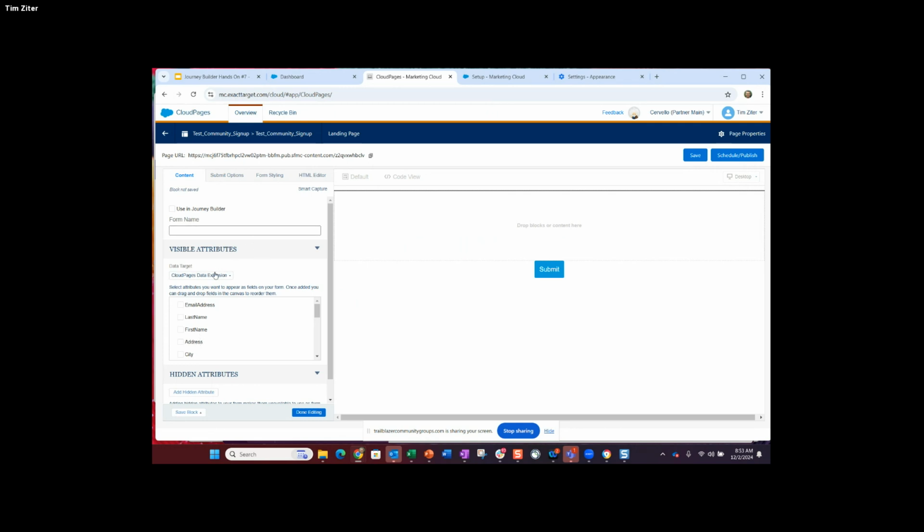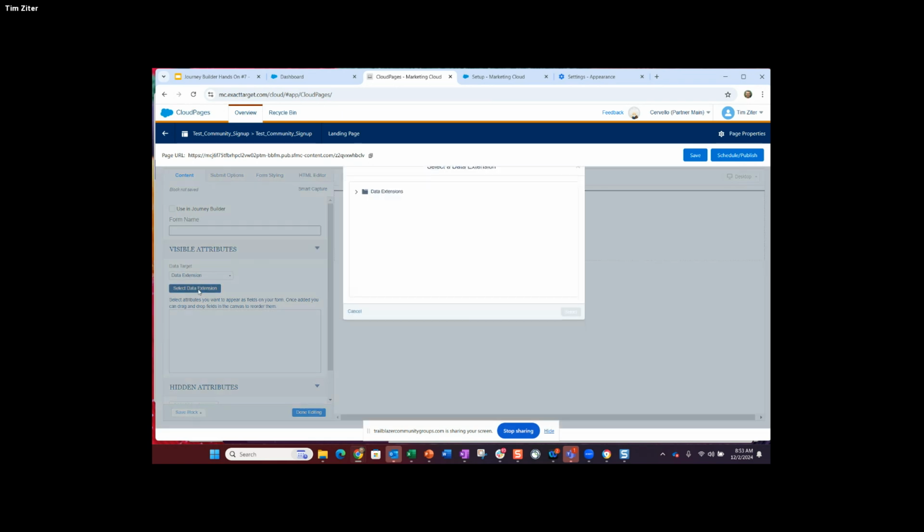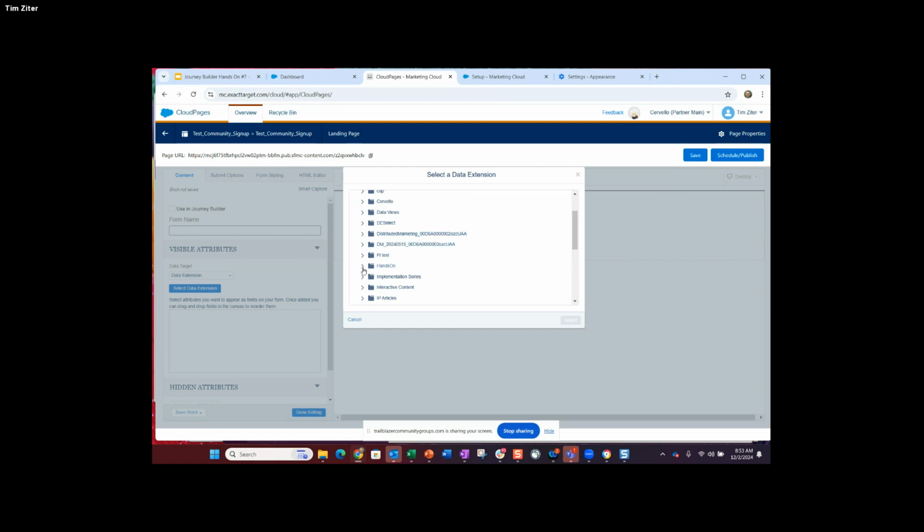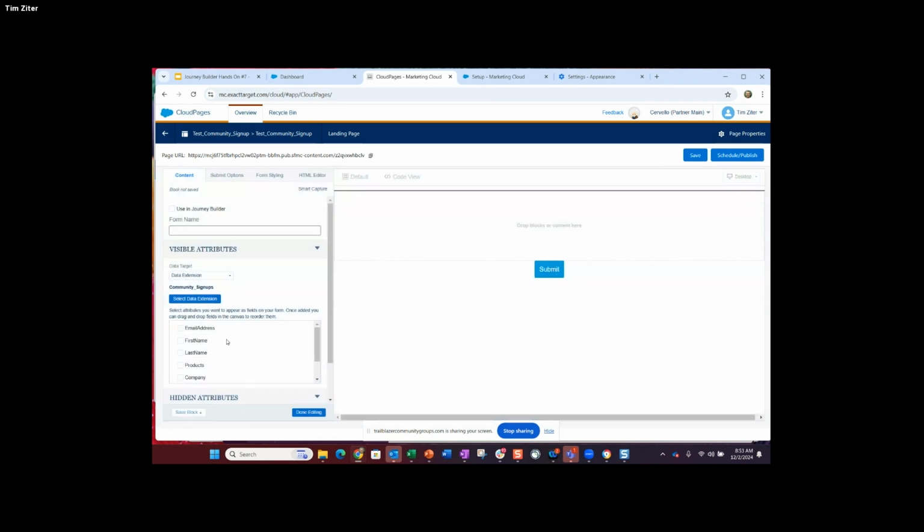And what we can do is select the date extension that you built. So we should be able to navigate. There's that Boston Marketers group. There's your date extension. So you can see all these fields here.